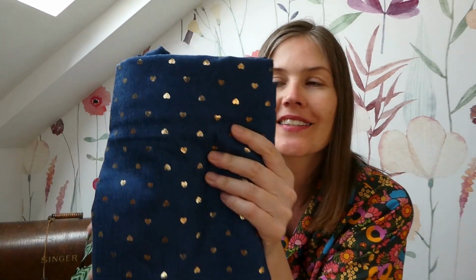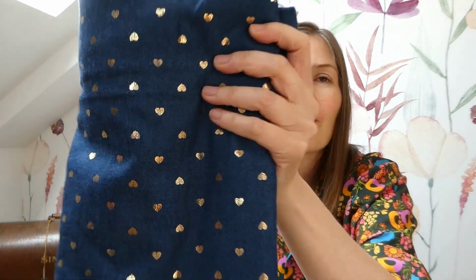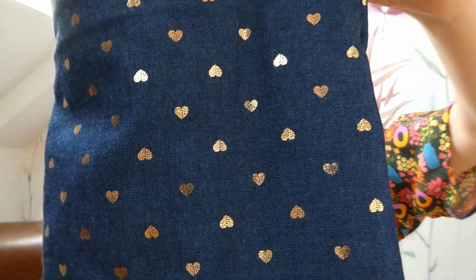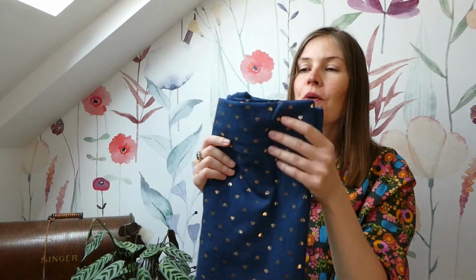Now the next fabric I'm going to share with you is one that I've shared quite recently and I just didn't know what to make with it, but now I have decided. So this is this gorgeous chambray fabric. This lovely mid blue colour as well, and it's got these little metallic hearts on it, and I really liked the idea of it, and I bought it online, and when it arrived I just didn't quite know what to make with it. But now I have decided that I'm going to make the So Love Patterns Springe